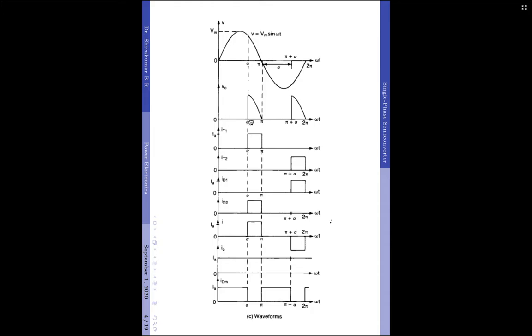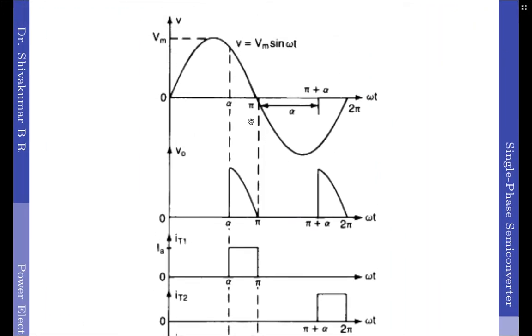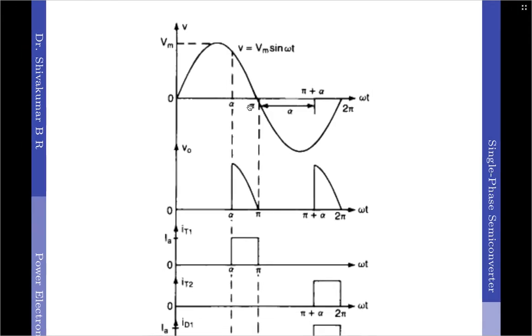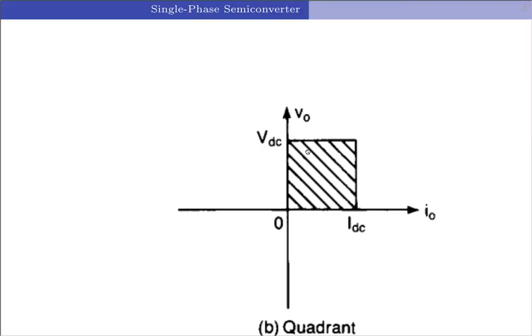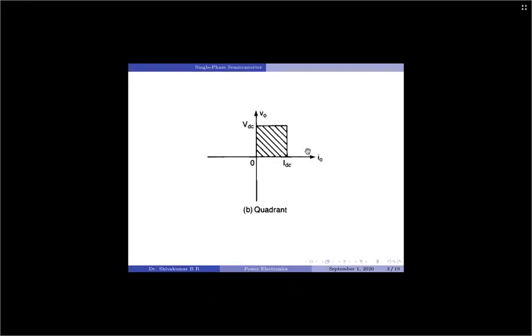We have triggered the thyristor. This is the input half cycle. So this is the input supply voltage waveform. This is the output load voltage waveform. So at alpha you have given a triggering pulse, and therefore the load voltage has appeared. This occurs between omega t varying between alpha to pi. Now after pi, the negative half cycle starts. So let me go back to the circuit diagram here.